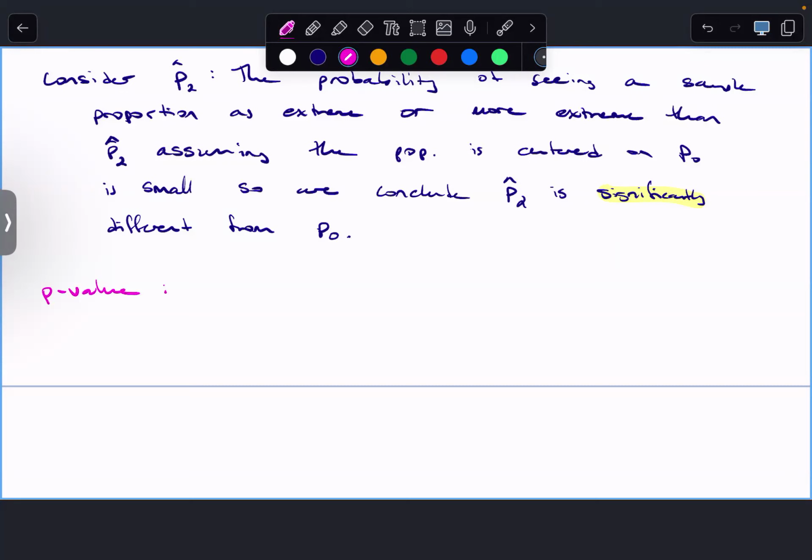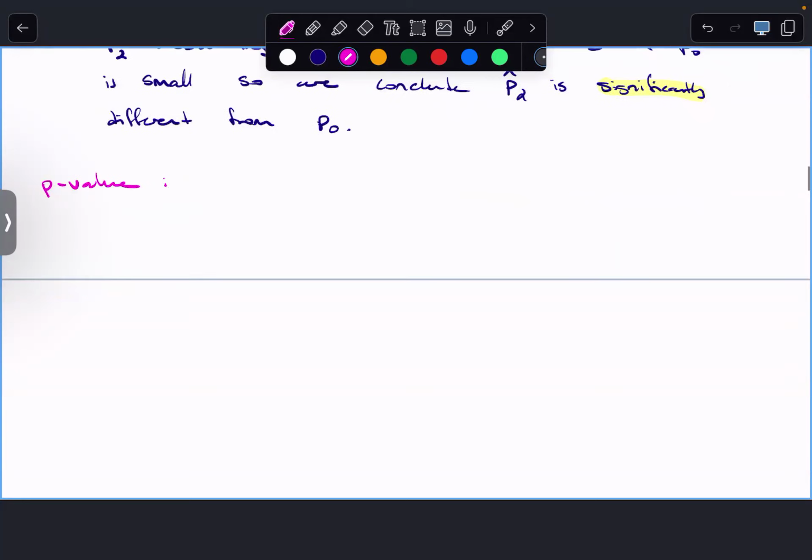We've got P, the population proportion. We've got P naught, the hypothesized population proportion. We've got P hat, which is the sample proportion, right? We've got a lot of P's piling up here, and the p-value is different in the sense that it's a probability, okay? And so it's the probability